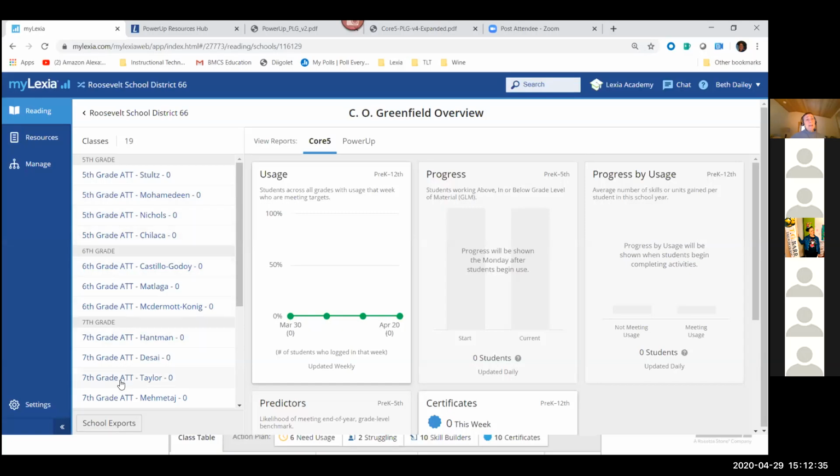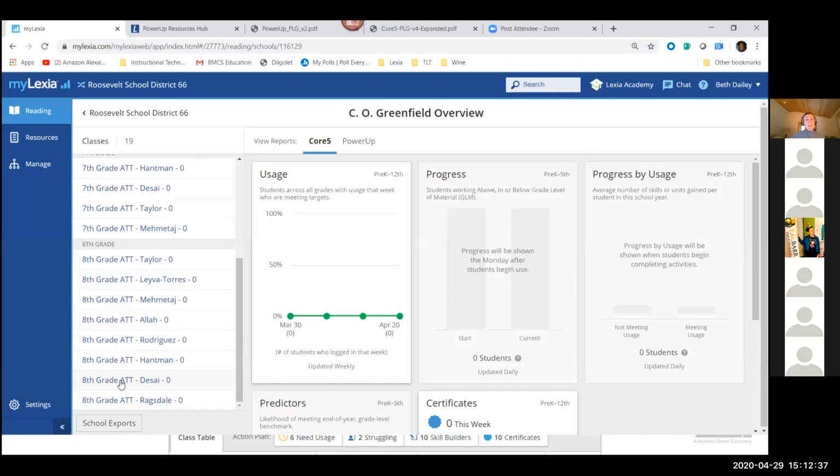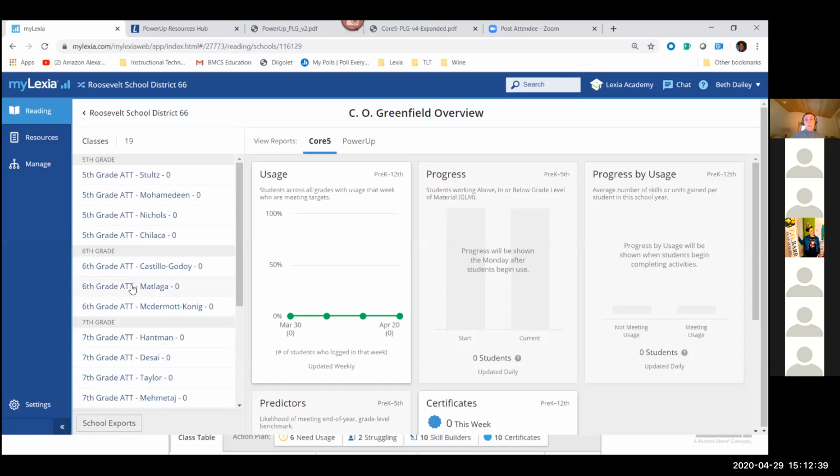For your school, all of the classes that have been set up show when you log into the MyLexia site. So that's what I'm seeing here for this one school. As a teacher, I'm only going to be able to see the information on the class where I am listed as the teacher. So in this first class,